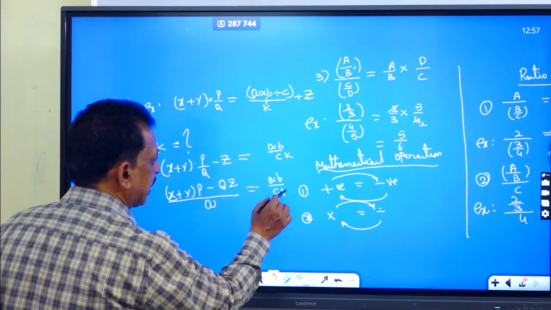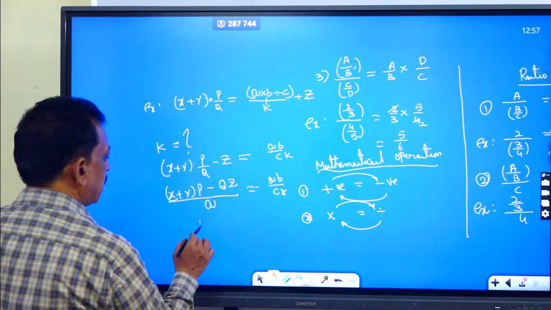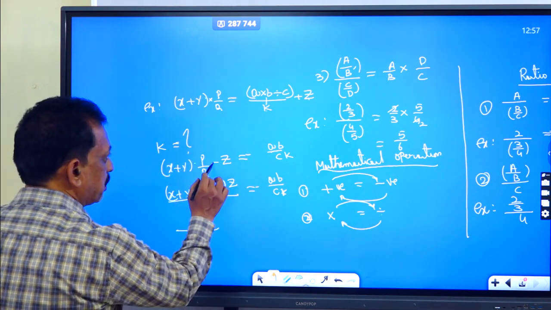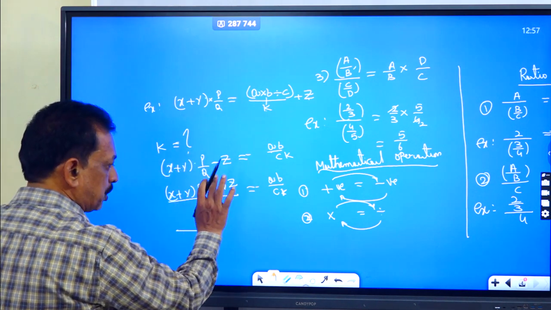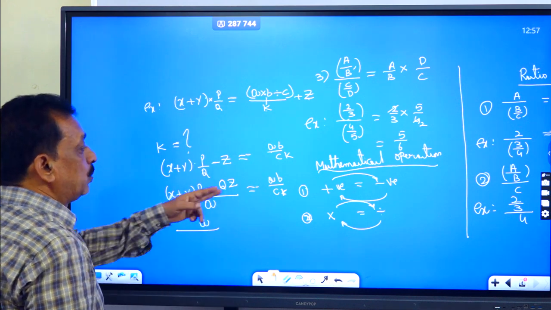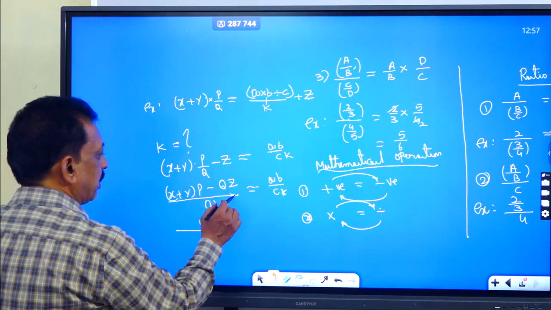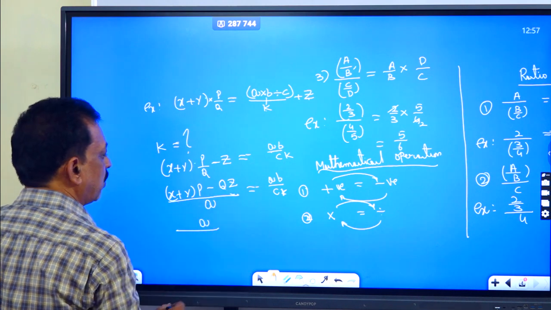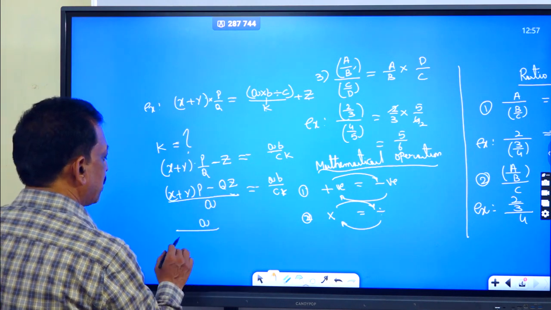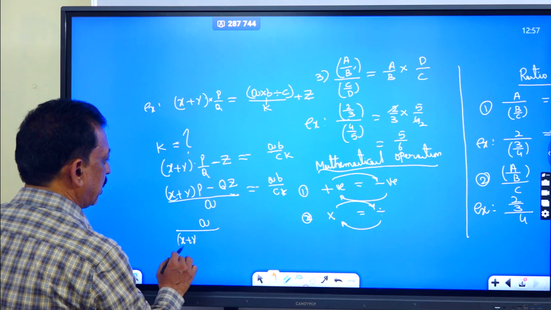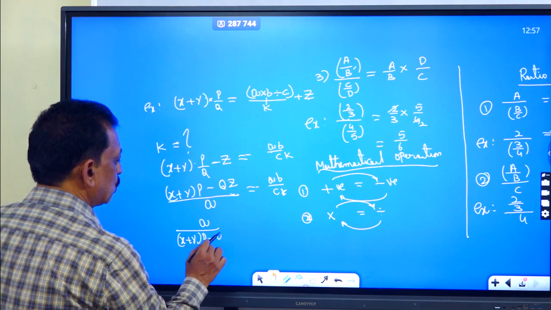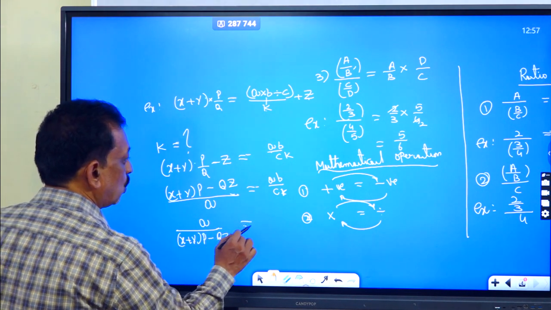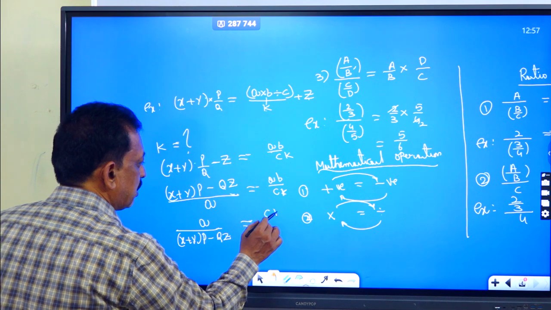What do you need? K we need. So reciprocate. But it is not possible to reciprocate plus or minus. When you take the numerator, it will be single, complete, either in the numerator an expression or single, whatever. So it is the expression you got. Now, x plus y into p minus qz is equal to ck by ab,